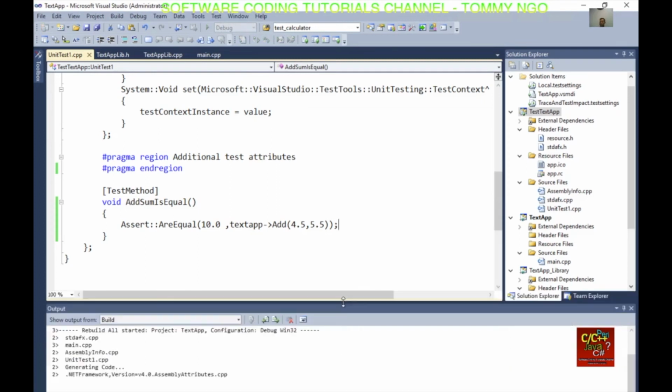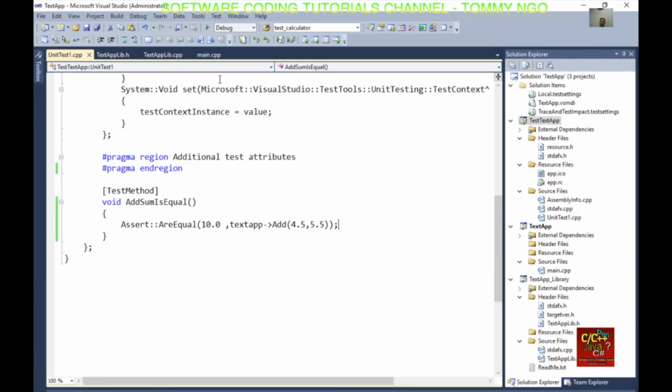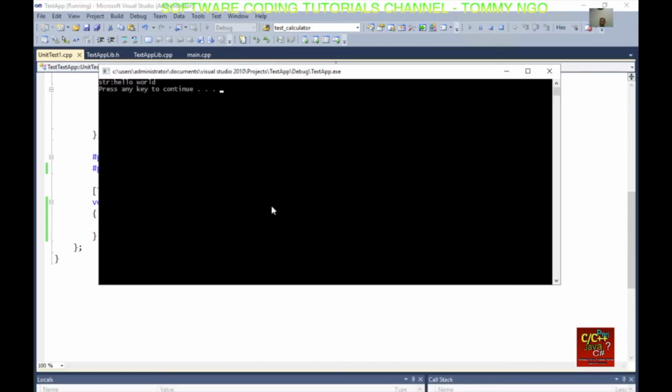And let's wait for it to build successfully. Okay, so it's built successfully. We go ahead and click on, oh okay, but if you click on the debug, it's going to execute the main